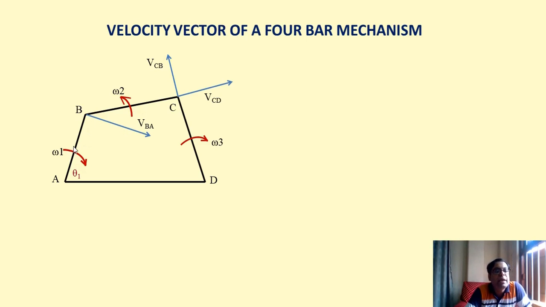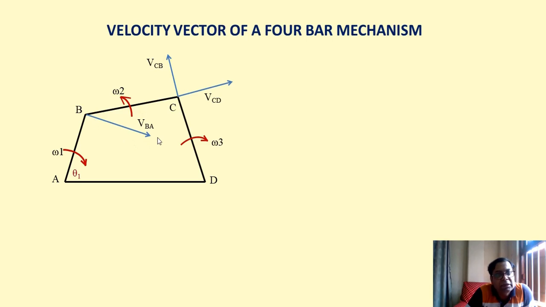That is, when the crank is rotating in the clockwise direction, the connecting rod also will rotate in the clockwise direction. Now coming back to this section B, C and D, that is between the rocker arm and the connecting rod. BC is the connecting rod and CD is the rocker arm. Important thing, from the crank we have to note that from point B, the velocity, linear velocity component VBA is